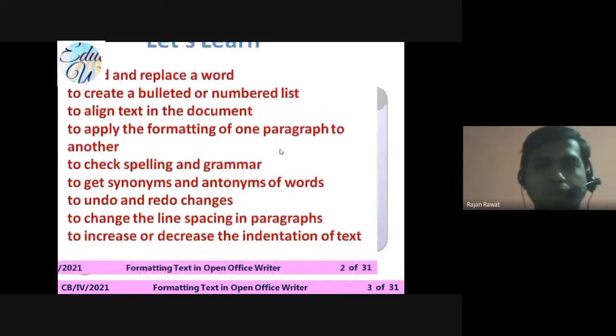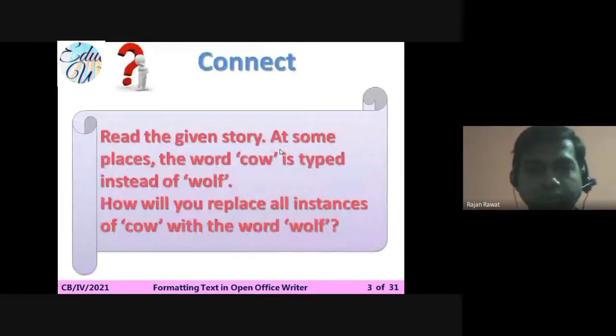You can see that the concept is given: a story is given where at some place the word cow is typed instead of wolf. Okay, maybe sometimes you have written a paragraph and by mistake you have written a wrong name everywhere. If you want to change that name throughout the paragraph, you would have to go to each and every word, delete it, and type again. In that situation you just use the find and replace button.